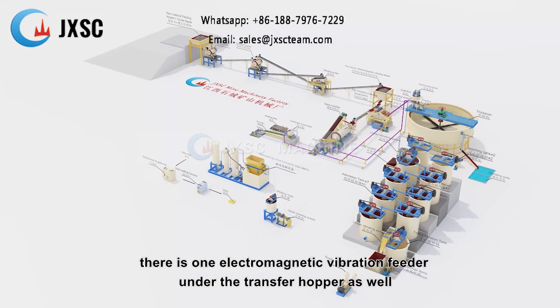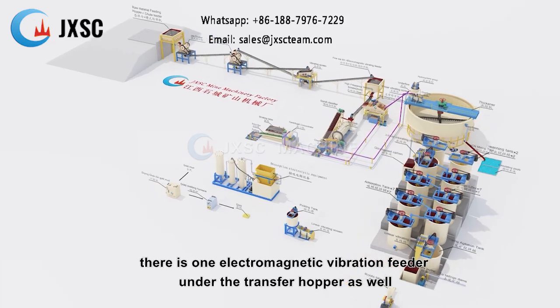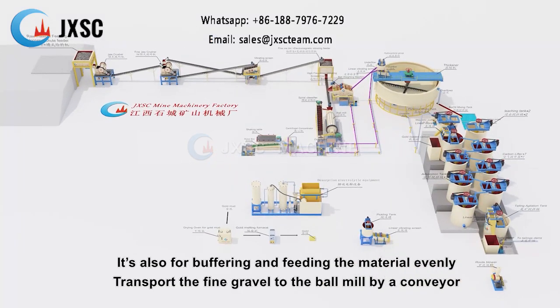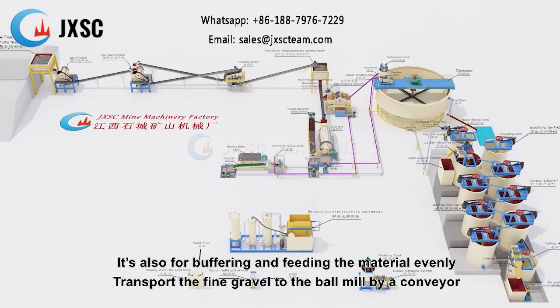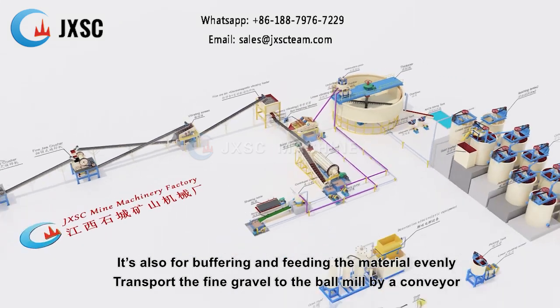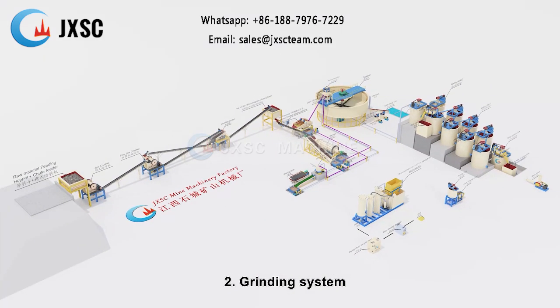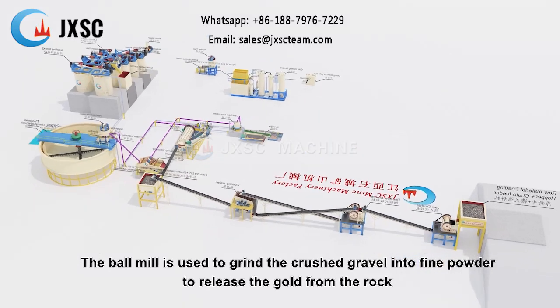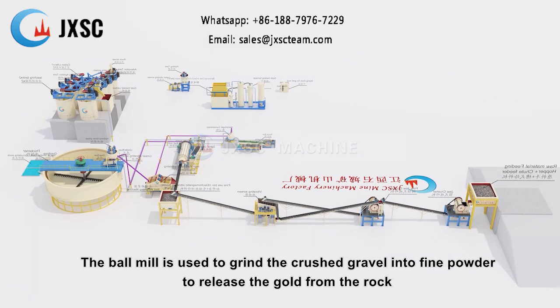There is one electromagnetic vibration feeder under the transfer hopper as well. It's also for buffering and feeding the material evenly. Transport the fine gravel to the ball mill by a conveyor. 2. Grinding system. The ball mill is used to grind the crushed gravel into fine powder to release the gold